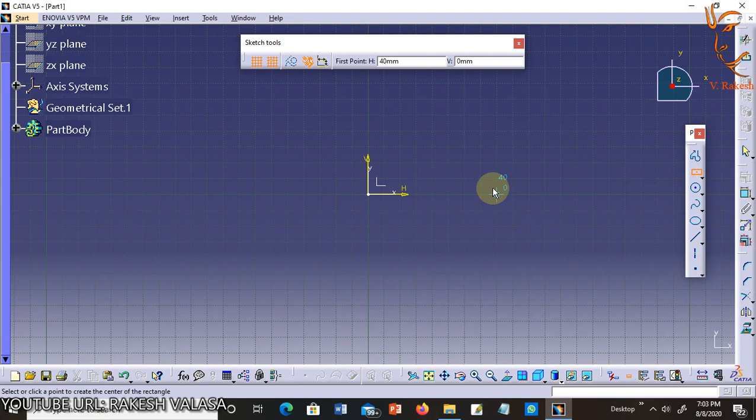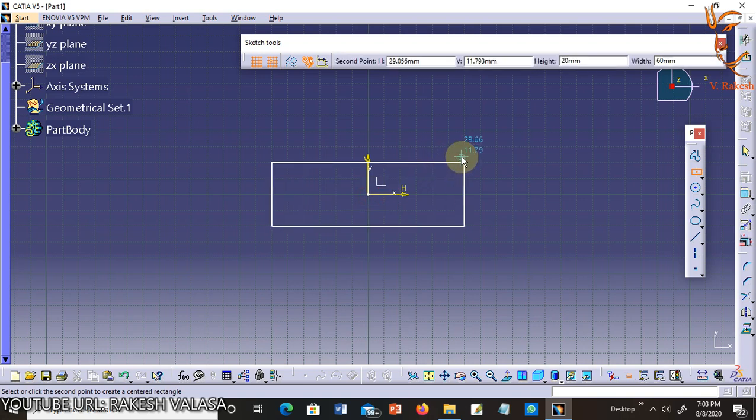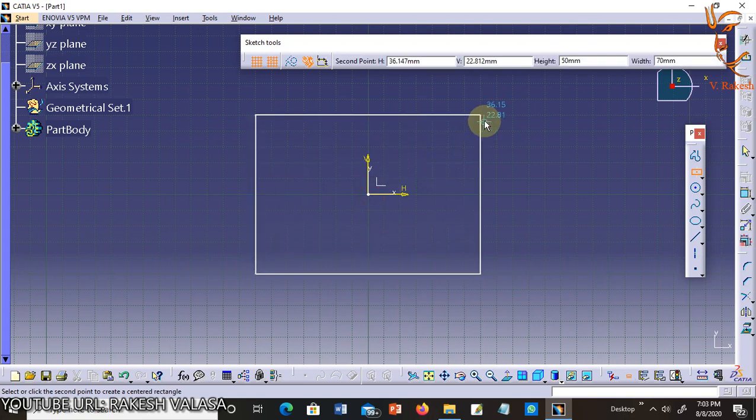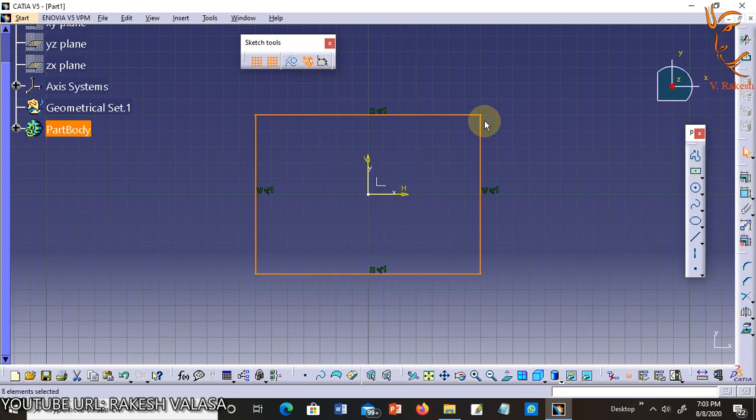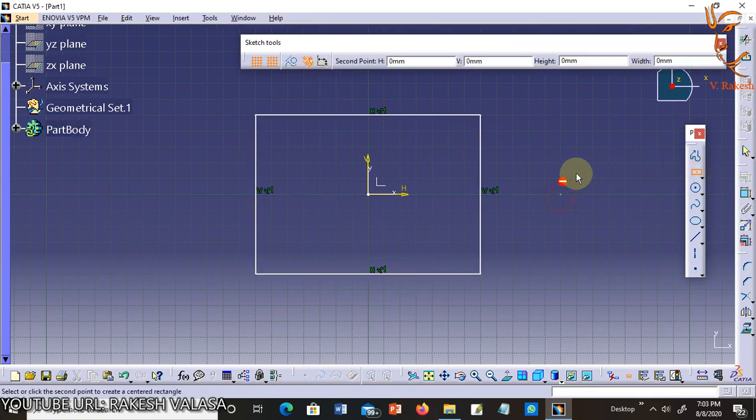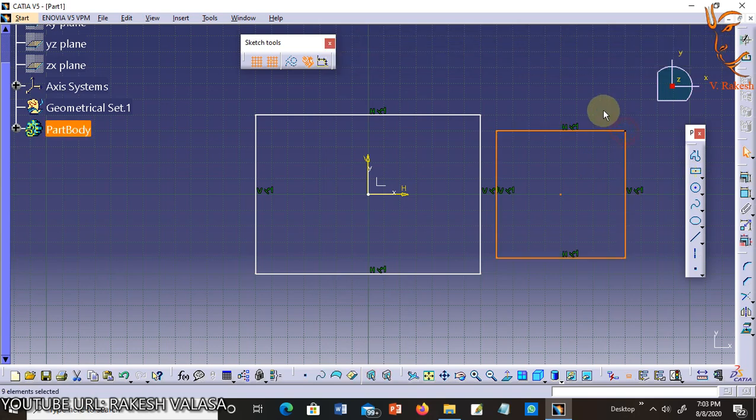You first select a point as center and then drag the rectangle. This is the procedure for creating a center rectangle. Center and drag to create the rectangle.